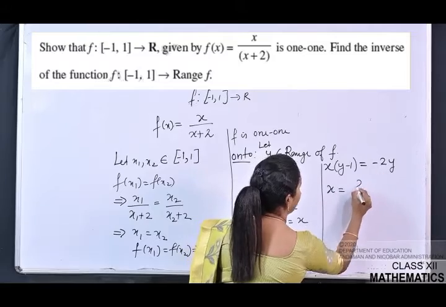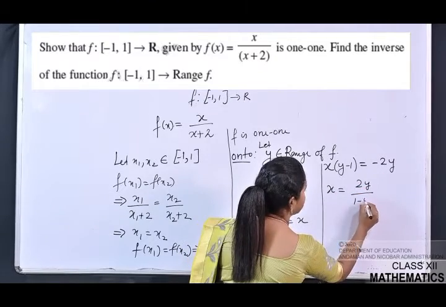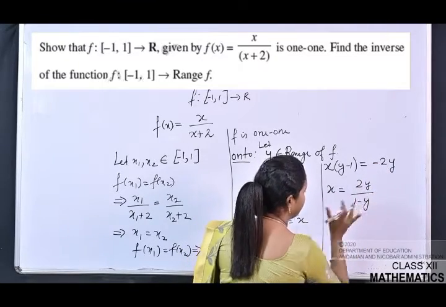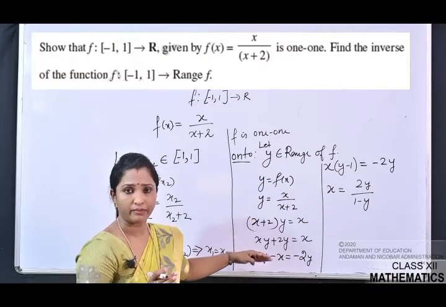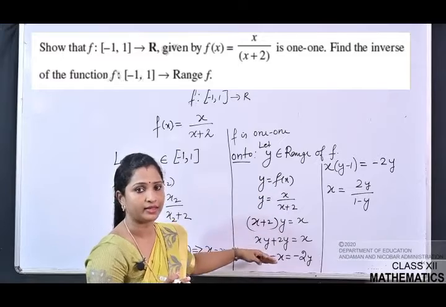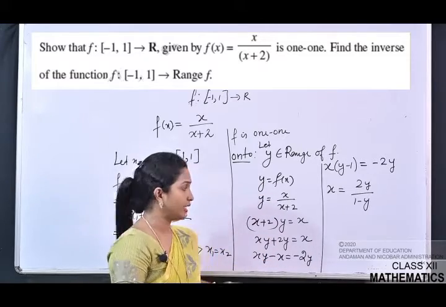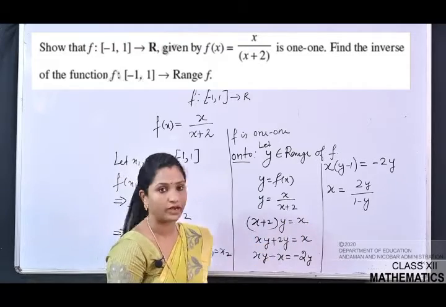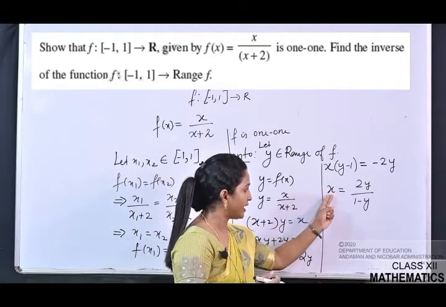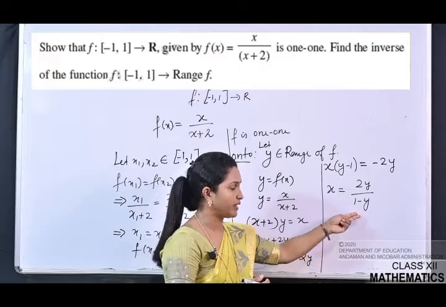So you can write it down as 2y by 1 minus y. ये माइनस को मैंने हटा दिया. I have written x is equal to 2y by 1 minus y. This process you know it. मैंने जब आपको onto पढ़ाया था ये सारे एक्सप्लेन किए थे कि कैसे आप onto प्रूफ करने के लिए y को in terms of x लिखोगे, x की वैल्यू को in terms of y लिखोगे. ठीक है, तो you got it x in terms of y, 2y by 1 minus y.